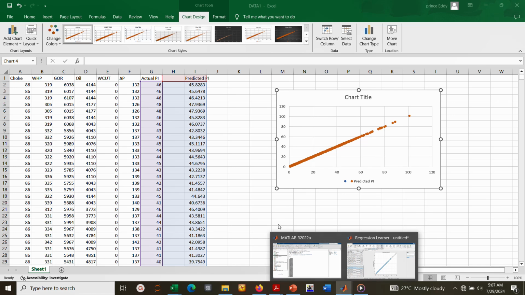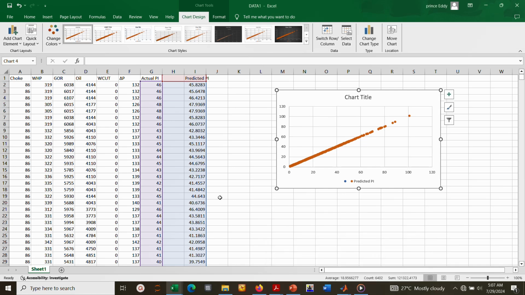So you can see that this is how we can use a machine learning approach to predict productivity index from wellhead data. This can also be applied in the future by inputting your input data and predicting the productivity index using the